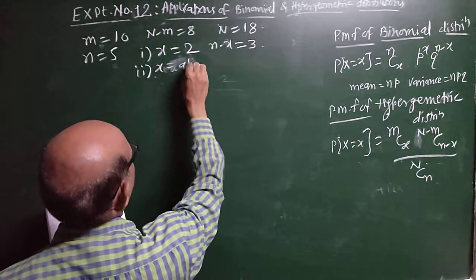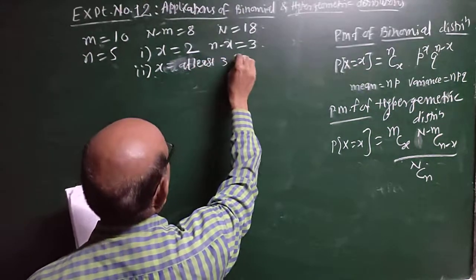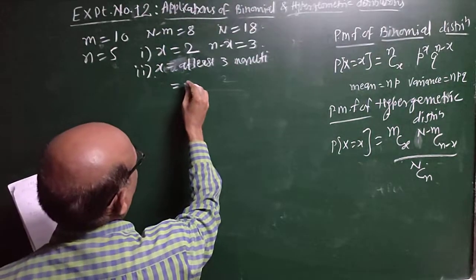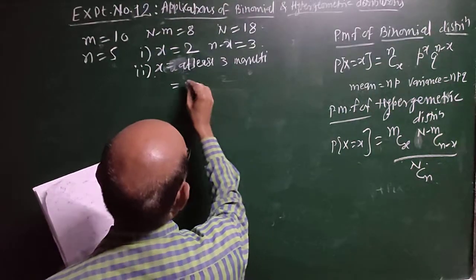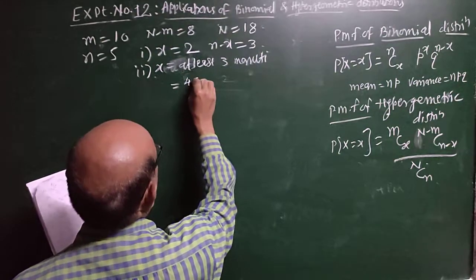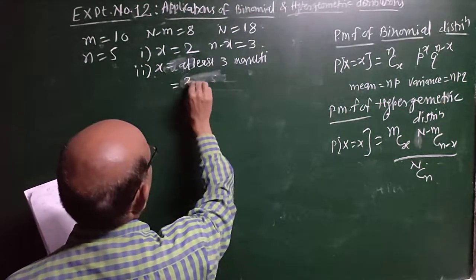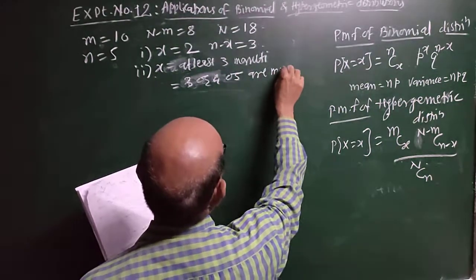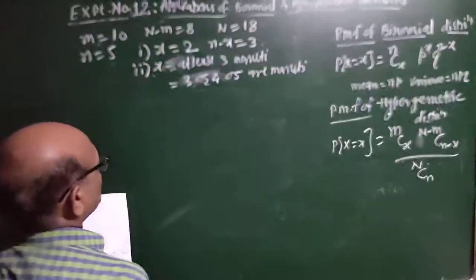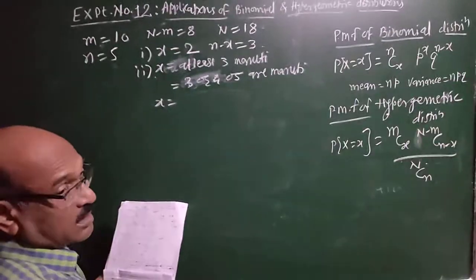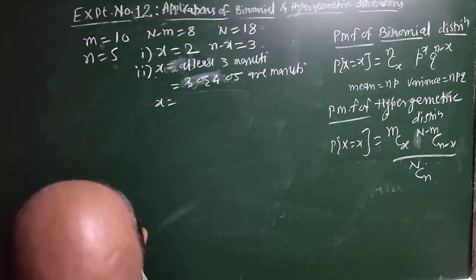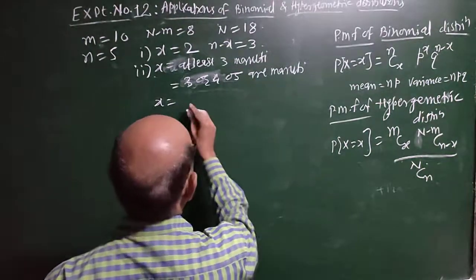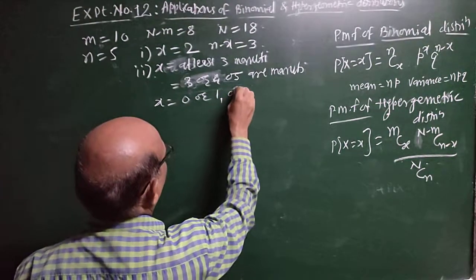At least 3 Maruti means 3 or 4 or 5 are Maruti. Because we have denoted X for Tata Indica, in terms of Indica 3 or 4 or 5 Maruti means 0 or 1 or 2